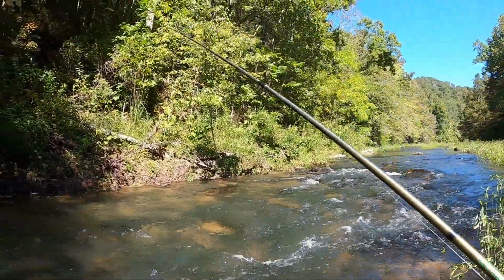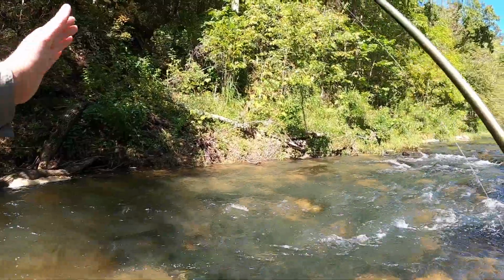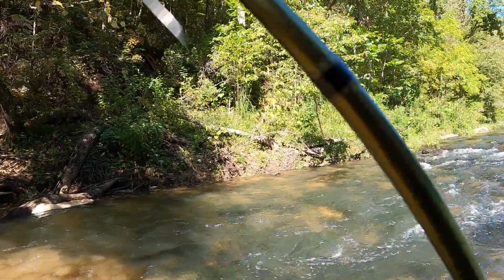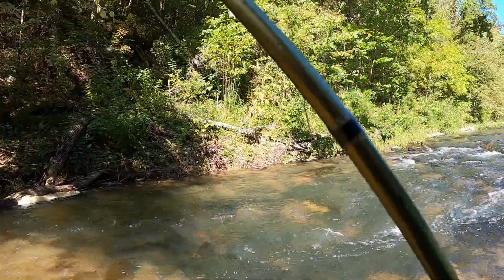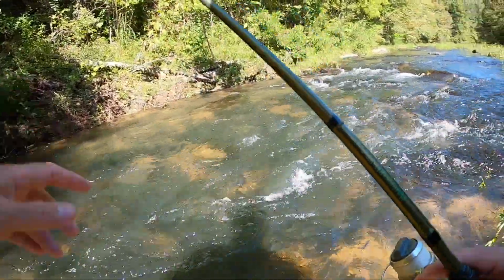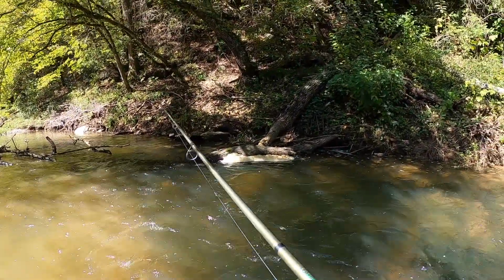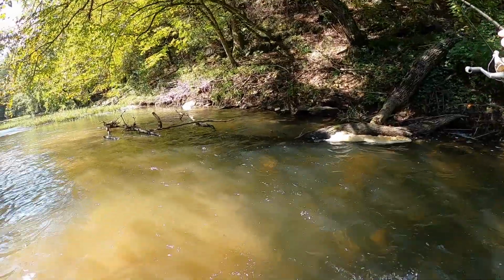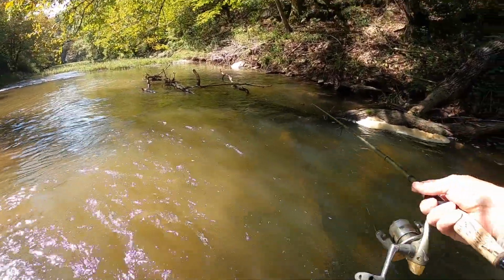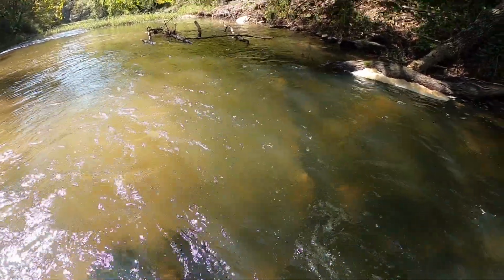Basically, this is real fast moving water, and you would not expect a fish to be there, but what we have is right on the edge of that fast water here. You've got a back eddy right there where the foam is, and there's a little bit of a current seam behind this log, and that's where those big fish were holding. Or I say big is relative. They were probably 10 to 12 inch red-eye bass. Maybe bigger than that, who knows? That's a conservative estimate. The first one was on the upstream side of this log, and that last one was on the back side here where my shaky head is currently residing,